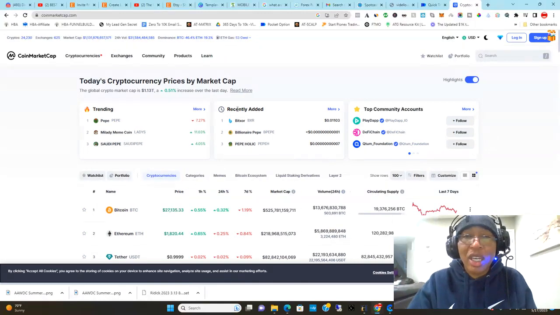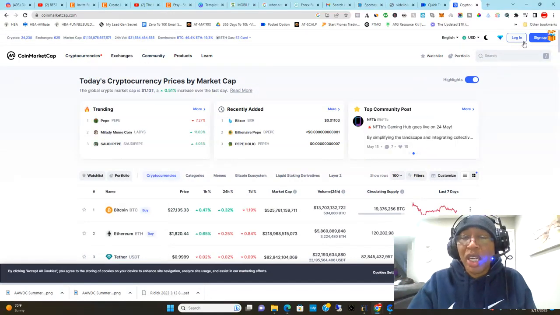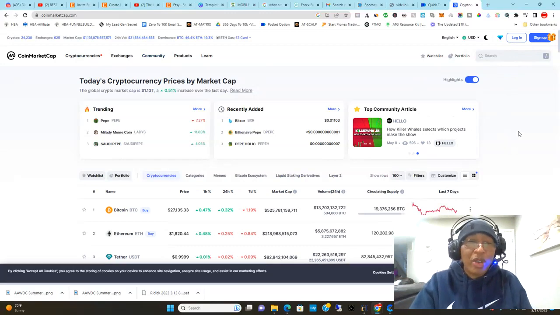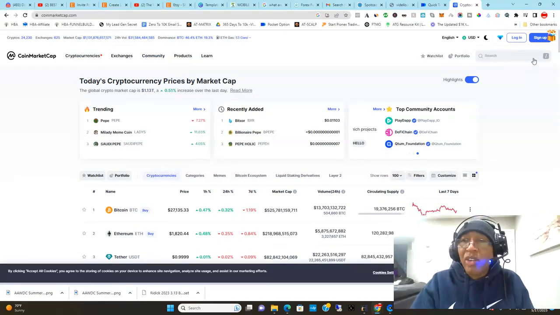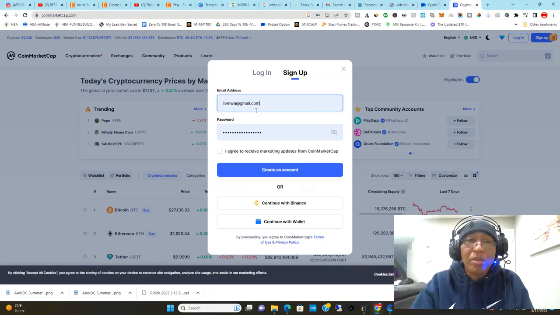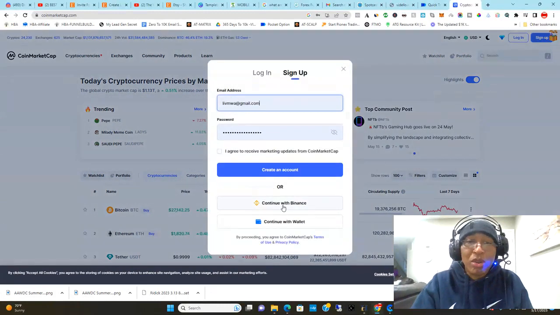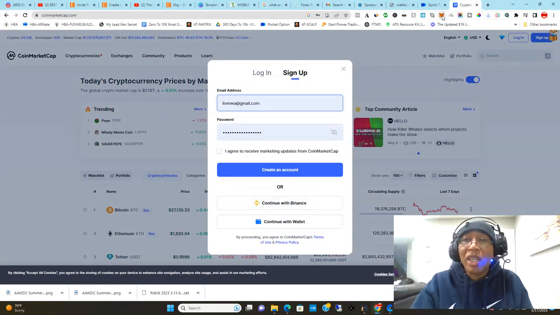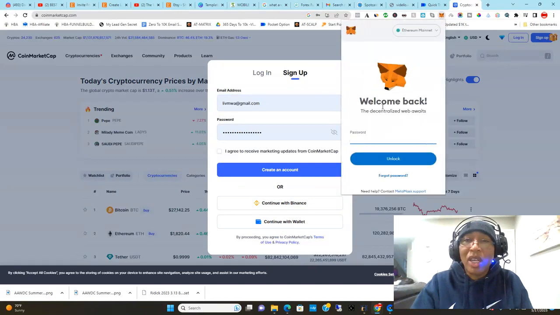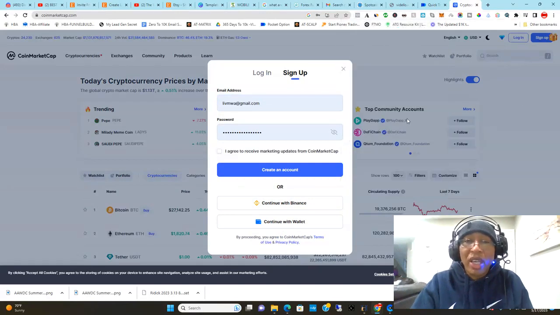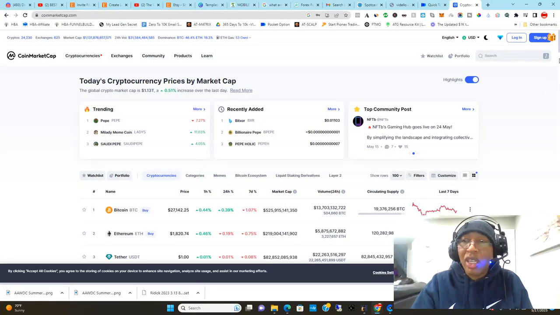And you can see here they give you CoinMarketCap. Okay, you can create an account here. It's free. Sign up with just your name, your email address, and your phone number. You don't even need your phone number, so you can go right there and sign up with just your email address. Or you can sign up with Facebook, continue with Binance, or if you have a wallet like MetaMask, this is a MetaMask wallet right here. You can continue with your wallet, and then it's hooked up and you can start participating in